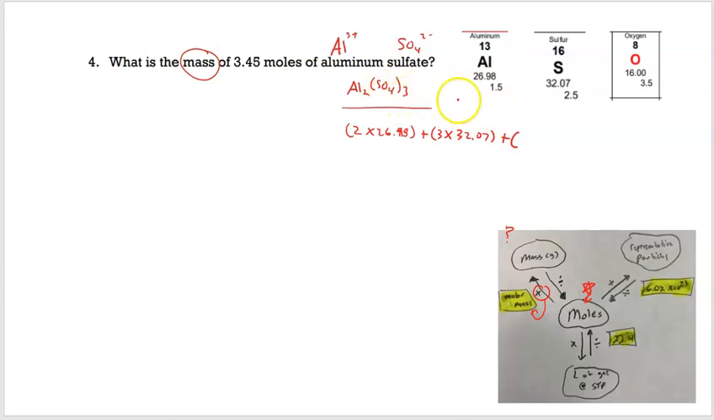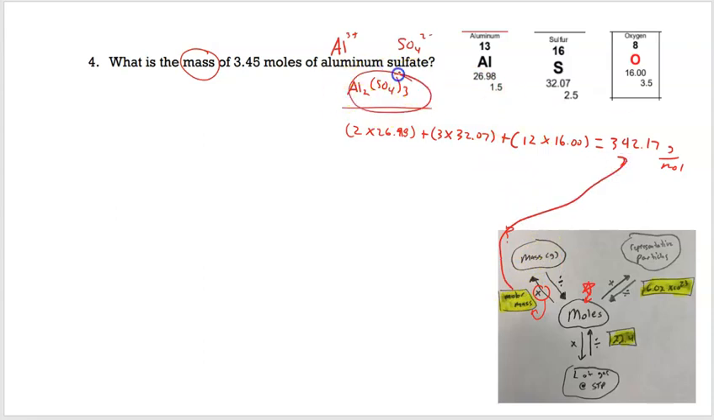We're going to multiply that by the 3, so I'm going to have to go 12, because 4 times 3 is 12, times 16.00, and that's going to give me a value of 342.17 grams per mole, right? So that is my molar mass